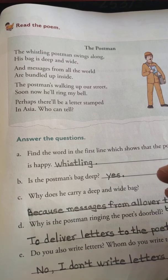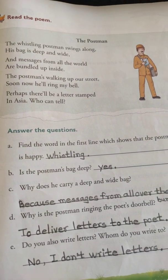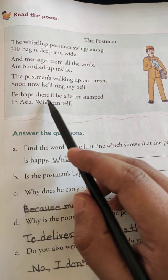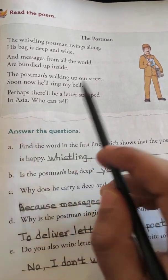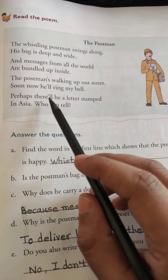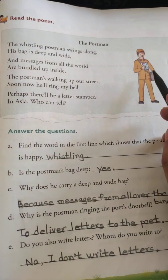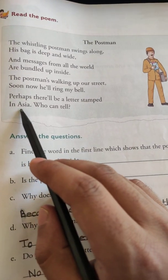The postman is now walking on our street and I hope soon he will ring my bell. And perhaps there will be a letter stamped in Asia. Who can tell? Perhaps there will be a letter stamped in Asia. A letter that has the stamp of Asia on it. Asia is part of